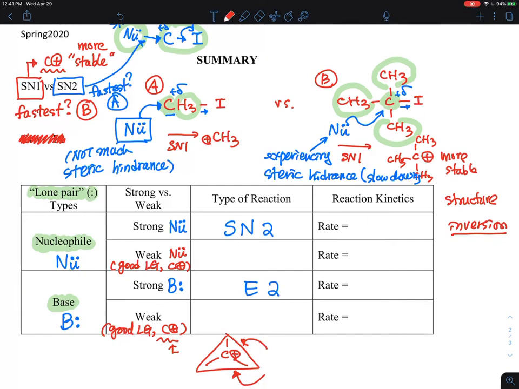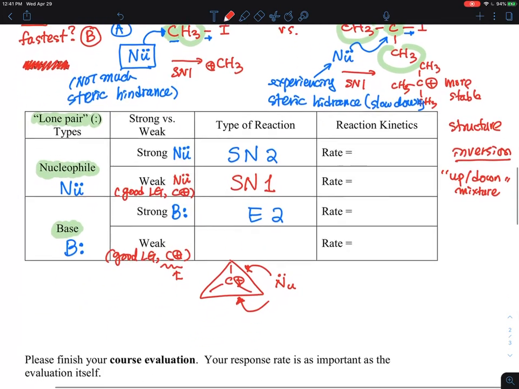Whereas the SN1, which is a weak nucleophile, which is a unimolecular nucleophilic substitution, this will be a sort of both up and down mixtures, right? Because the nucleophile can react from the top or the bottom once they form the carbocations,